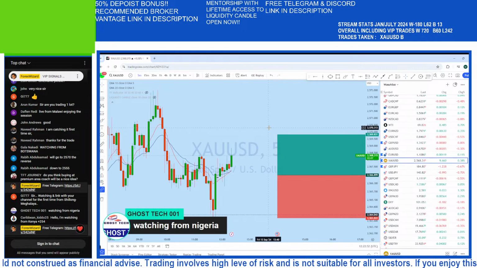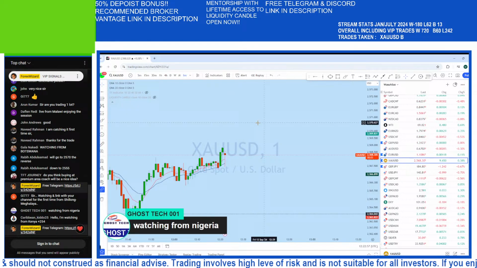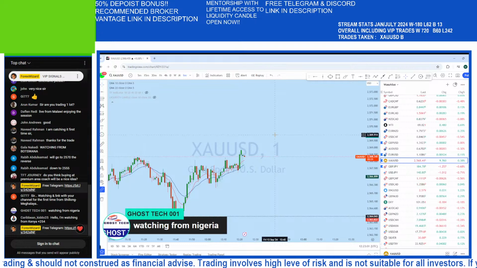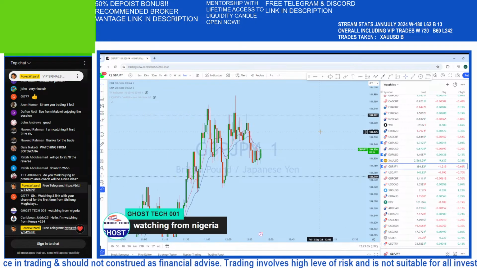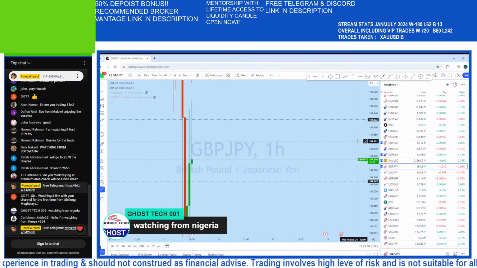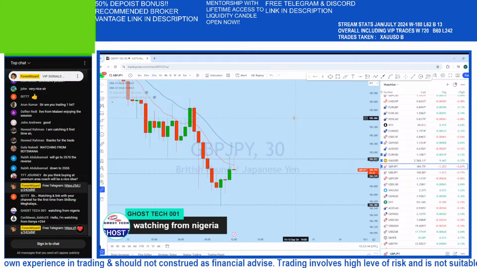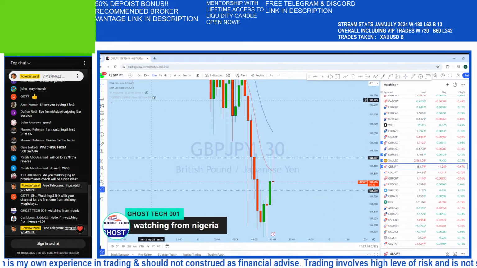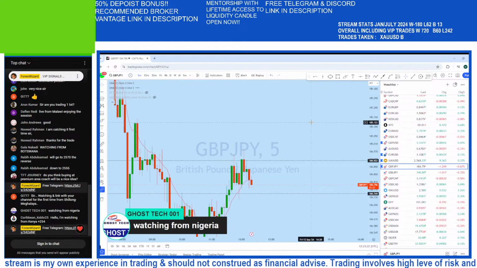What we can see here on the lower time frame is that the market is slowly bouncing back to the upside. So the trend is still up. We can also see that on GBPJPY, on GJ, what we can see,